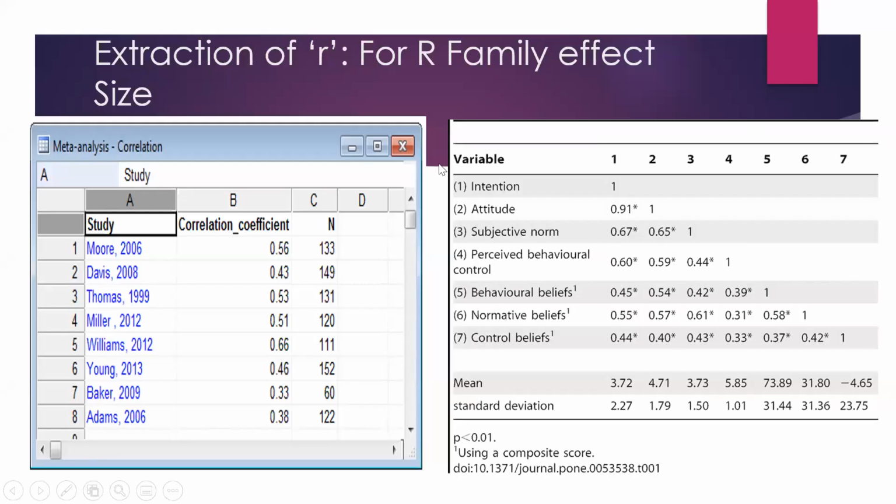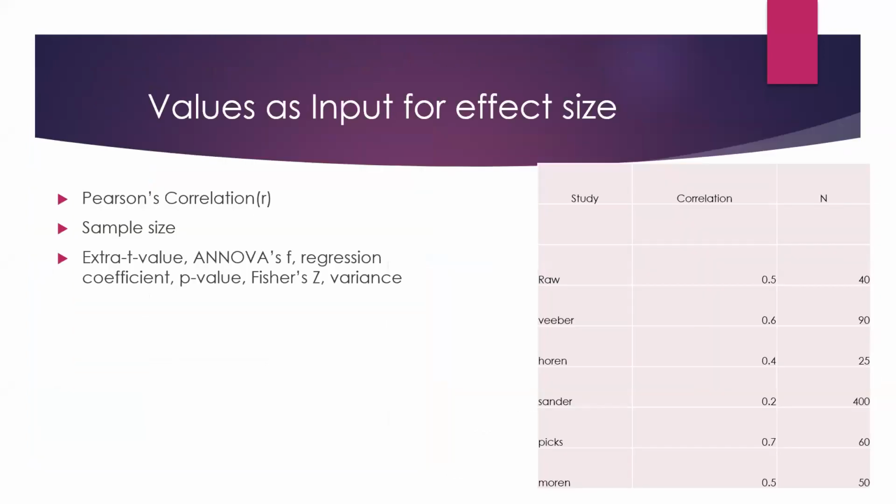So, coming back to social science students, I pick up correlation values, make an Excel sheet, and put it in meta-essentials. This is my Excel sheet for each bivariate. If there's one bivariate, attitude and intention, there's one sheet. I do the meta-analysis, report values. Then I make a similar sheet for a second bivariate, say attitude and subjective norms. Again, I do a meta-analysis, report the value, and so on and so forth.